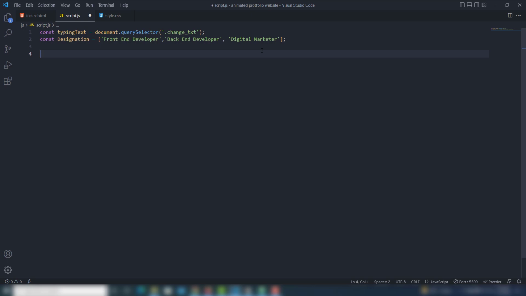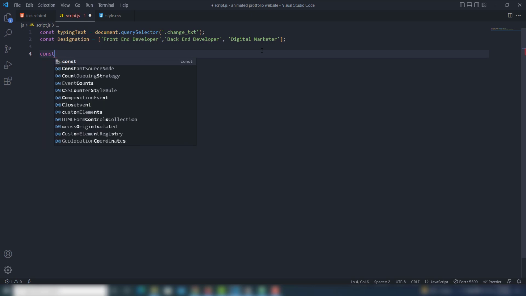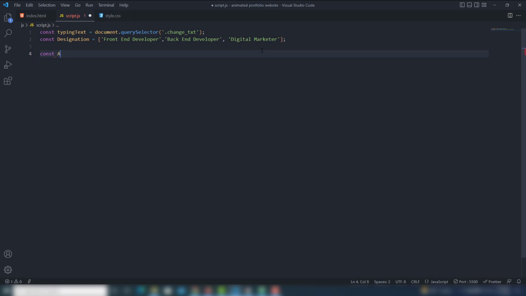Then I create a variable, const, not constant. Yes, I will create const arrayIndex and assign the value first, meaning the array index is 1. If you're not familiar with JavaScript, you just need to know how you can do that. Then I'm going to create a function, called text replace, or you can use changingTxt.